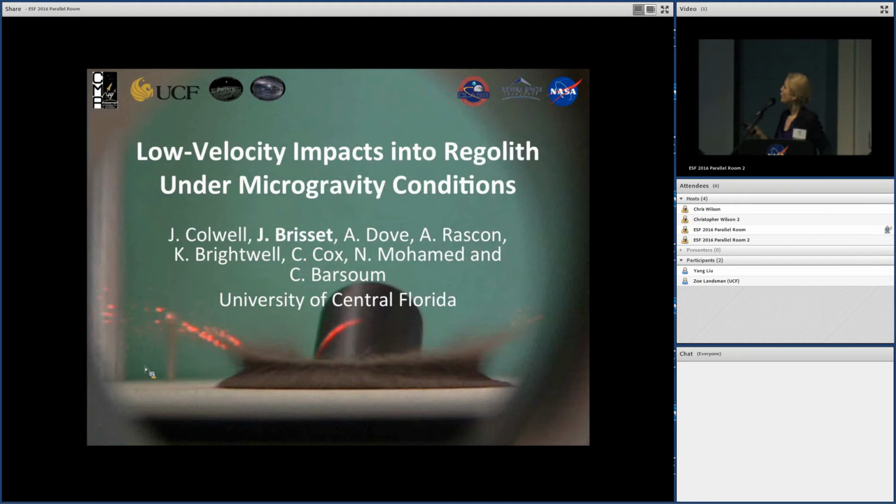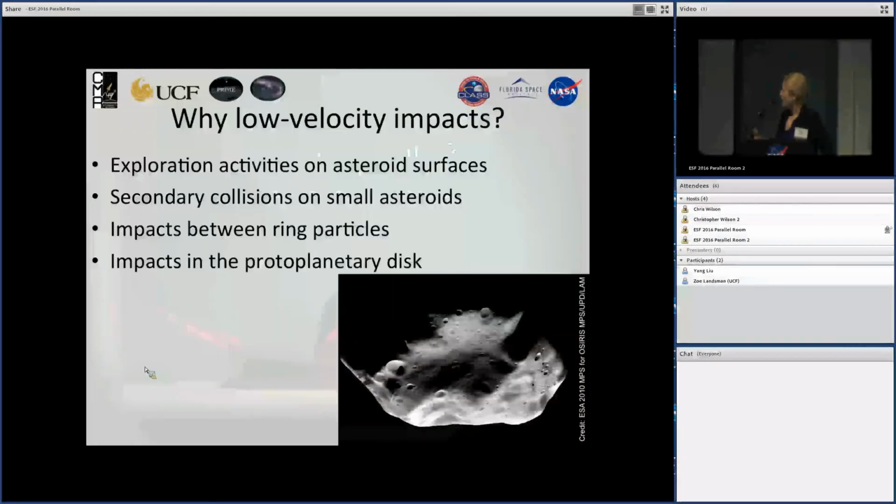So I work at the Center for Microgravity Research here at UCF, and there we perform microgravity experiments. Amongst these, we perform low velocity impacts into regolith in microgravity conditions. So why do we perform these low velocity impacts? In the context of exploration, for example, very relevant for the community here,